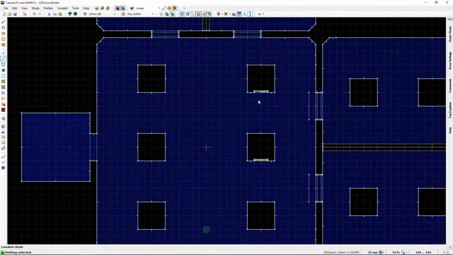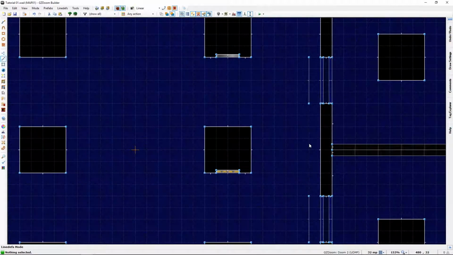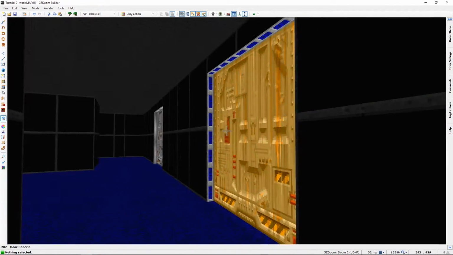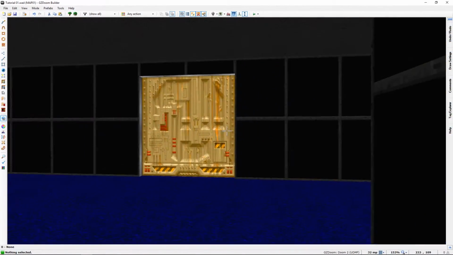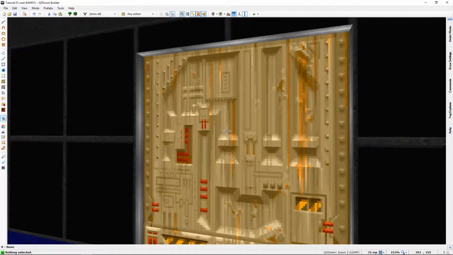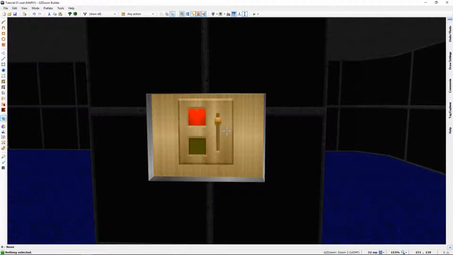Now, to make a switch door, it is fairly much the same, except that first we have to look into triggers, because for switches to trigger, for that let's see, where are we? There we are. To make this switch trigger this door, this door sector needs to get a tag that can reference this one,